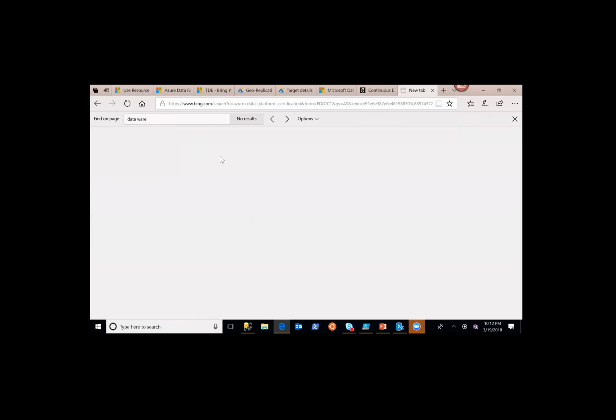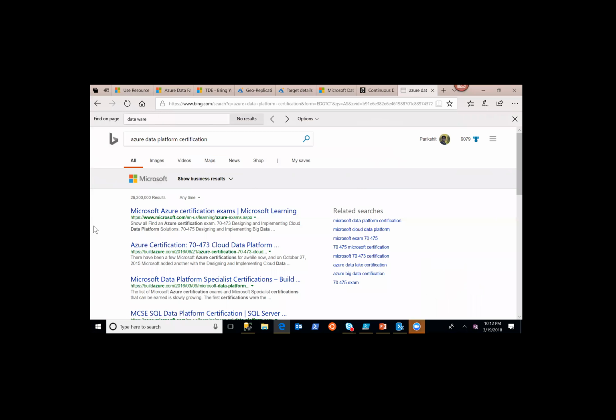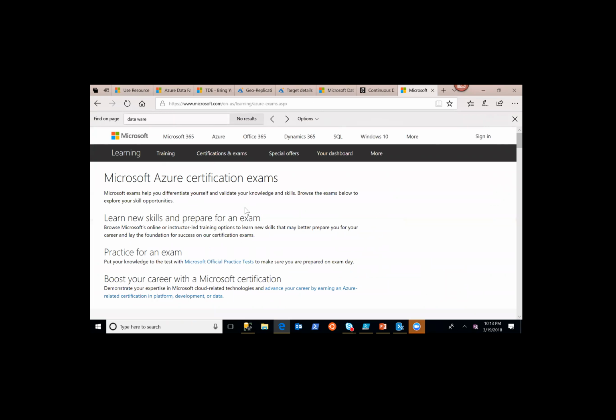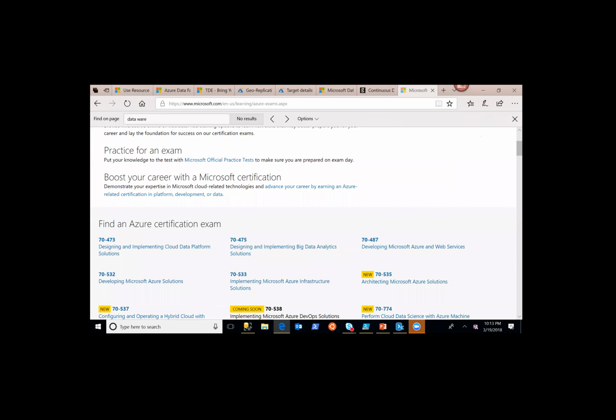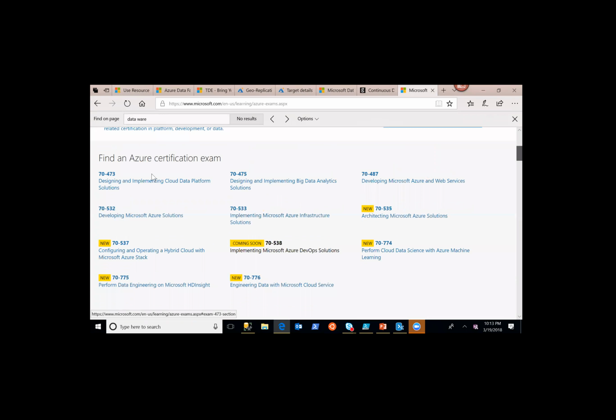This is what I will look at. So this is what you should be focusing on. 70473. Let me bing it for you. So Microsoft 70473, I think. Yeah, that's the one. This is what you should be working on. And there are other solutions also, but if you are a DBA or have been working on SQL Server, this is the certification you should be targeting.